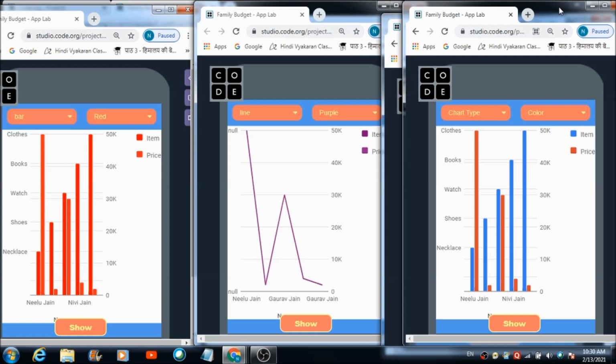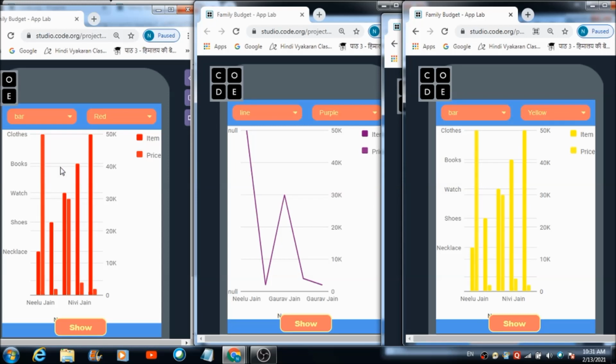And let's now come on this panel and check out the bar chart, let's say in green color, if you want to see it. View of the expenditure chart successfully updated. So, that's how the members can check out the expenditure chart anytime. Fine. Now, suppose a father wants to reset the app for the next month, if they again would like to